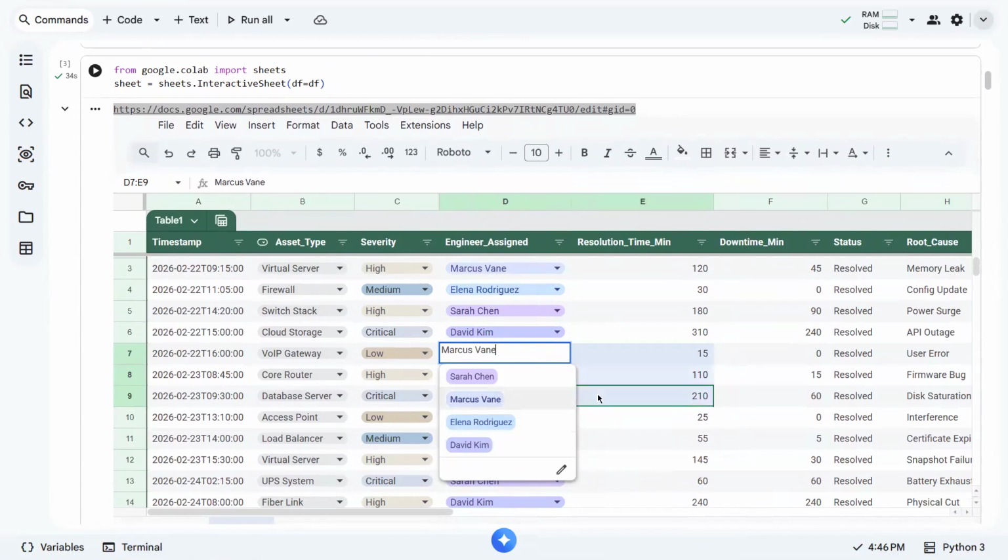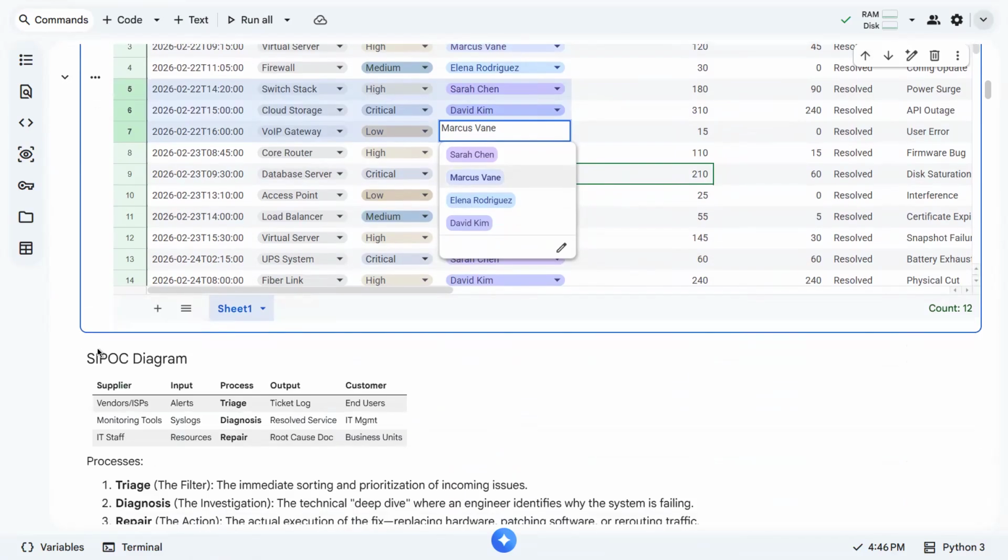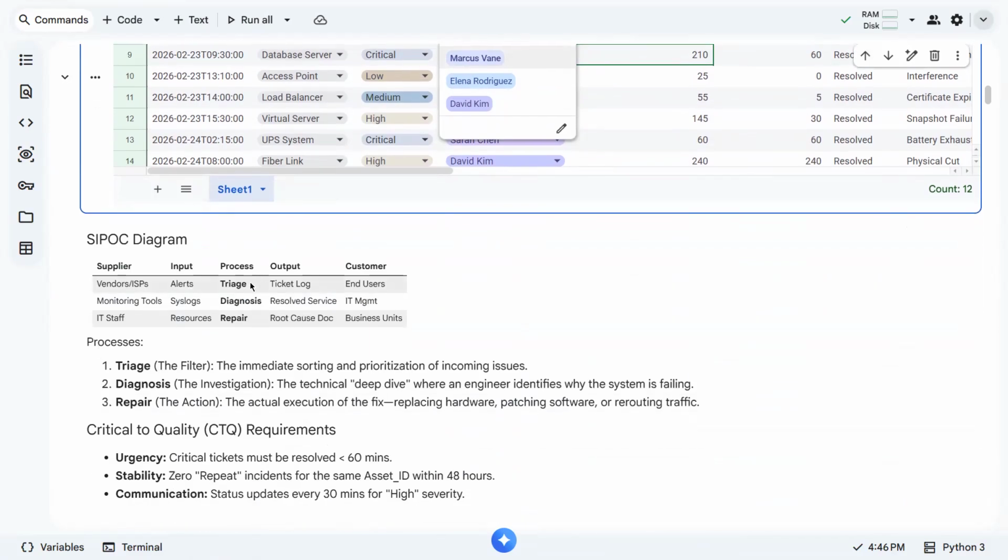So that's the triage process. We are assigning things so that we can create a ticket log. And the problem is, if we don't do this carefully, our tickets may end up in the wrong hands, which may lead to additional waiting time. So we don't want that.